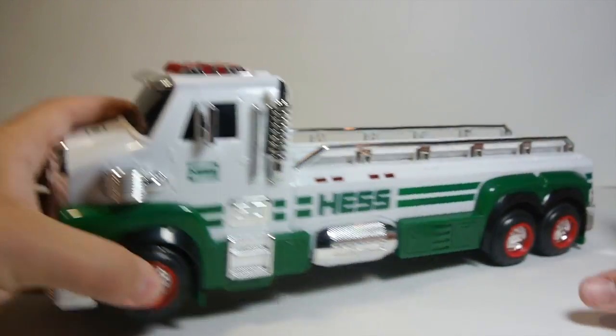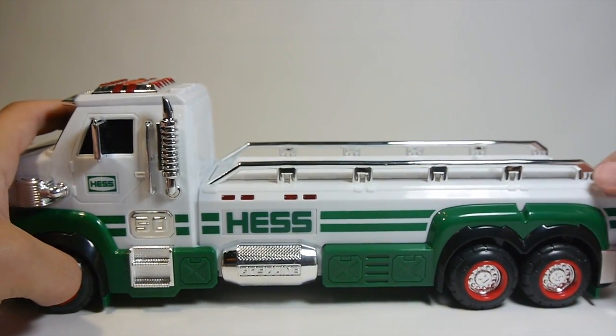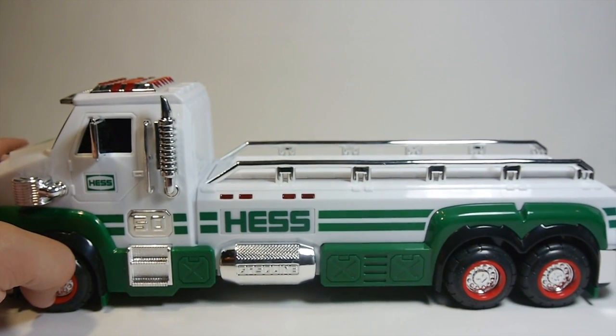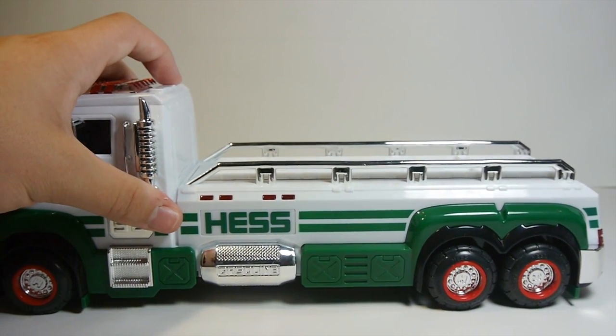And the third one is actually a bit of a surprise. You press the third button on the truck here, and what you will see happen is...